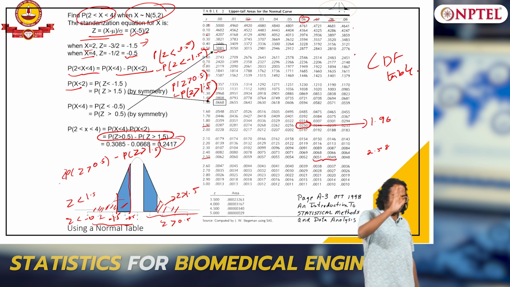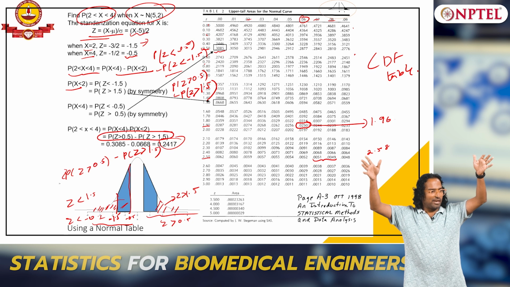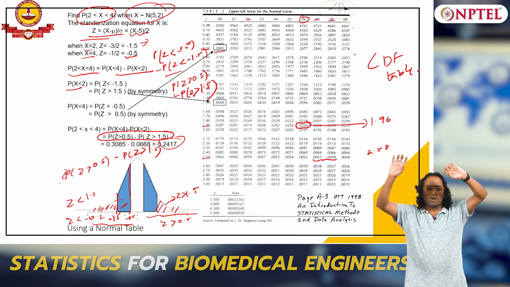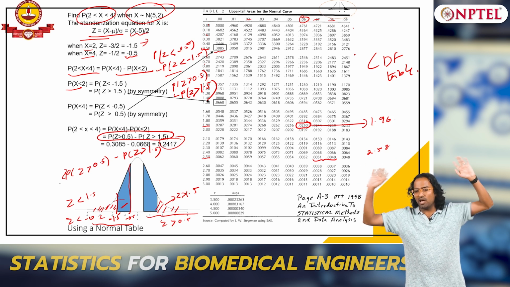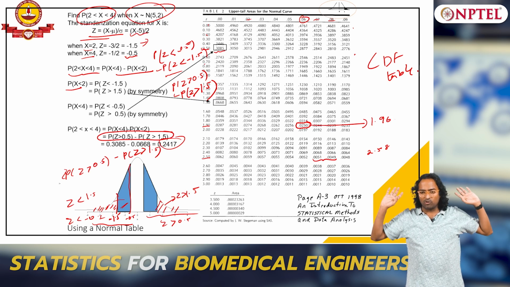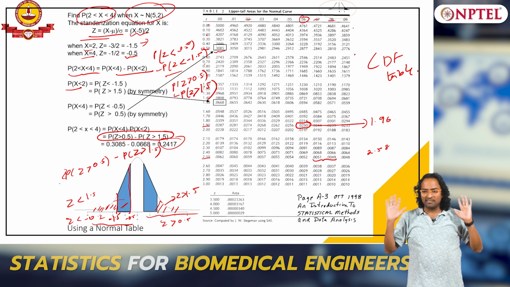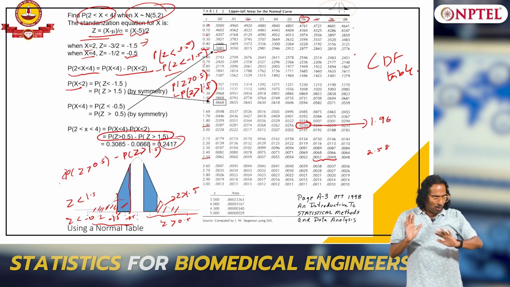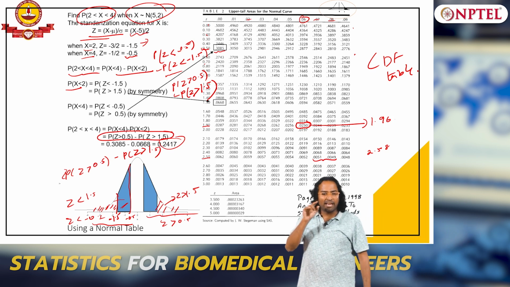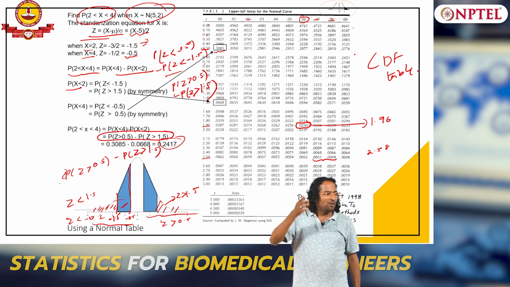On one end, for expected, you divided the normal table into 8 equal intervals. You computed the mean to be n into 1 over 8, because all are equally likely. So the frequency in each class is 0.125. If you would have divided into 10, you would have got 0.1 in each class. That is my expected. What is my observed? How do I calculate it? What is given to you? X bar is given to you, S is given to you. Assume that as the population mean and population standard deviation.